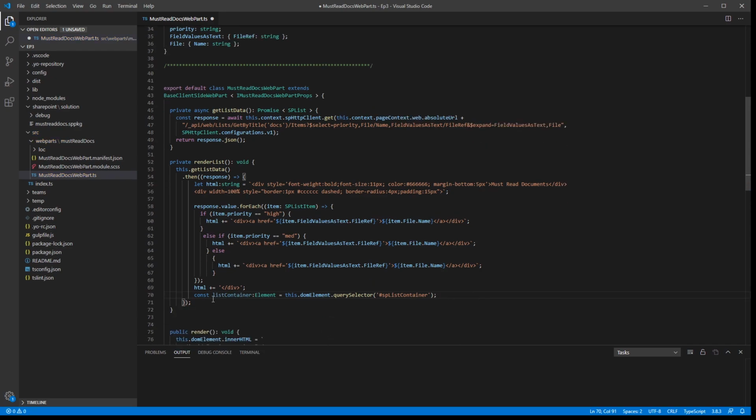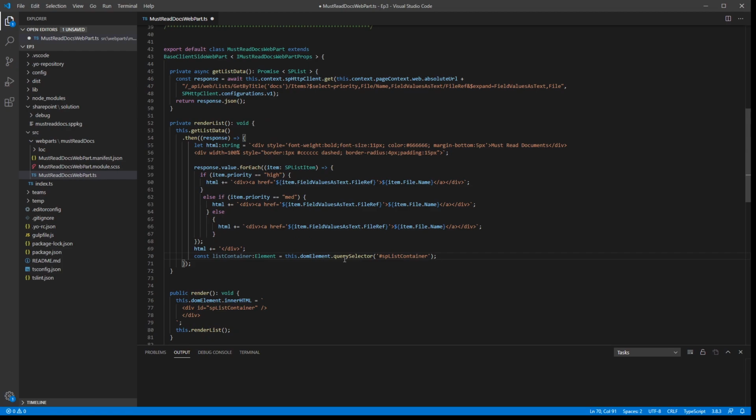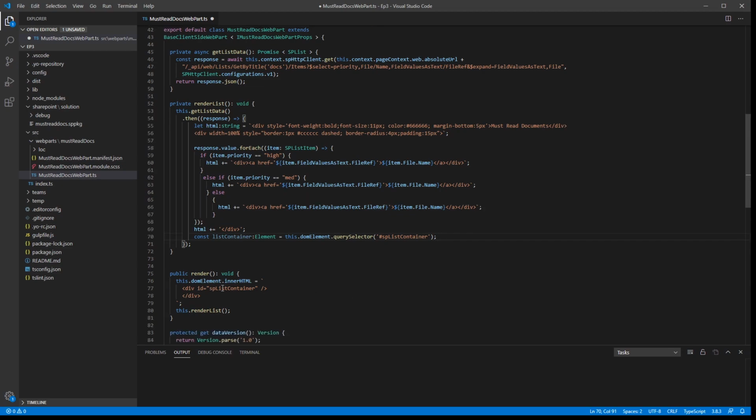Now that is effectively creating a pointer to the element inside of our web part that has that particular name. So this function, or this method here, will query our DOM document, or the web page that we're rendering this to, and look for this particular ID, this container with this ID defined, and it creates this pointer to it. So now we have pointed to that particular container,